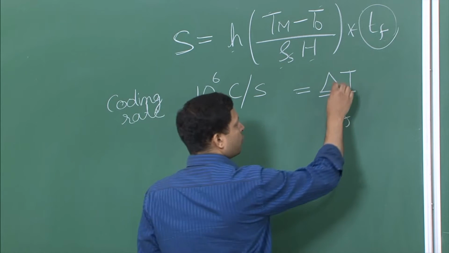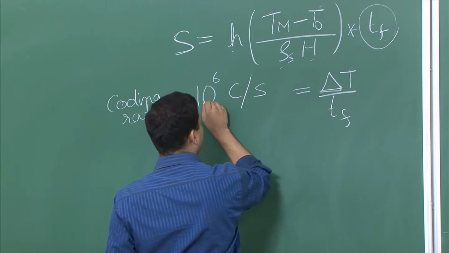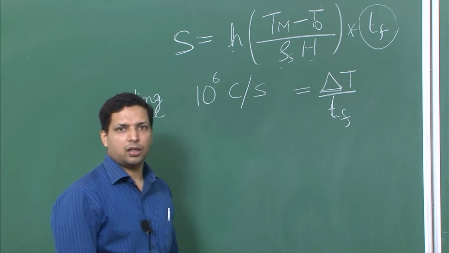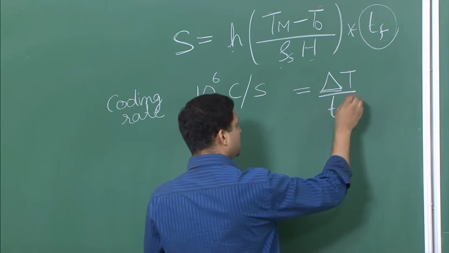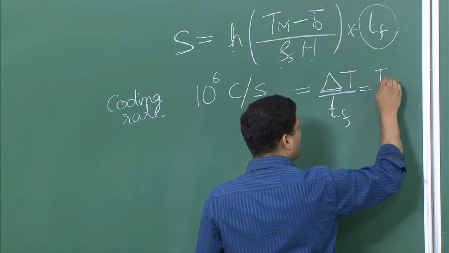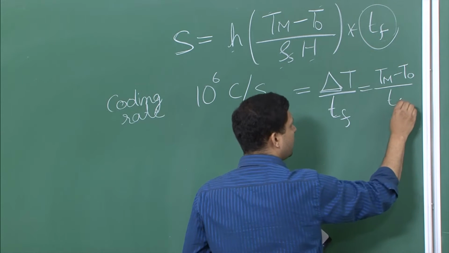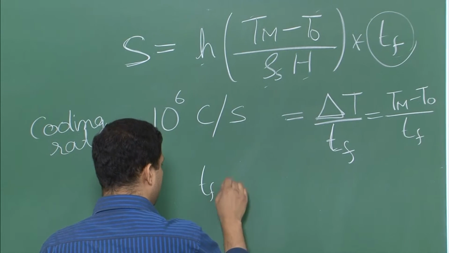So now we know the delta T, we know the cooling rate, which is this, and from here we are in a position to get Tf. If you put this equation over here, delta T is equal to Tm minus T naught, because we are cooling it all the way to room temperature. So if you put this over here, you will get Tf equal to